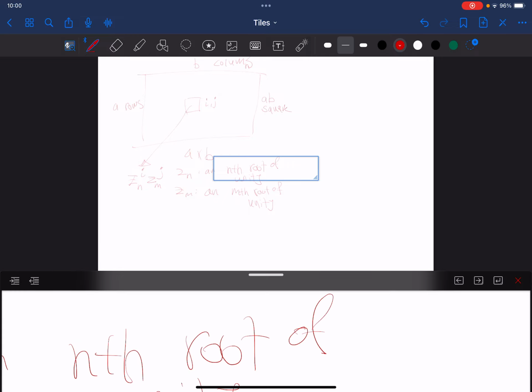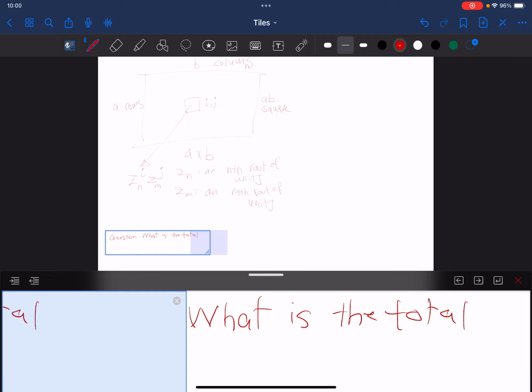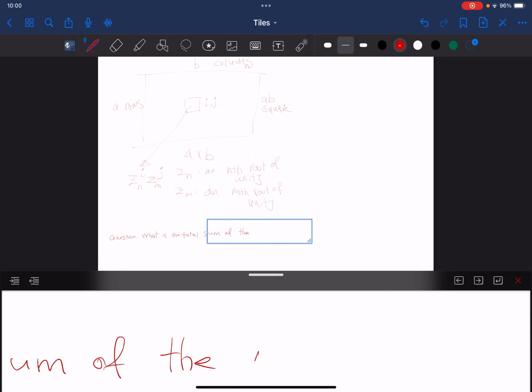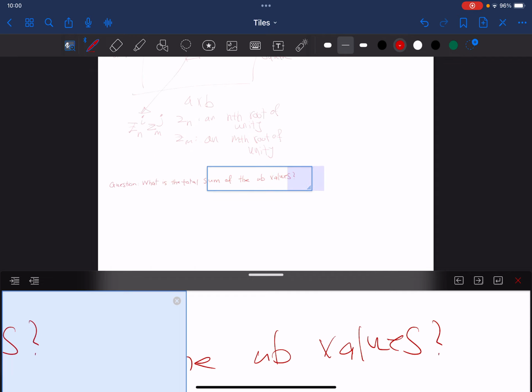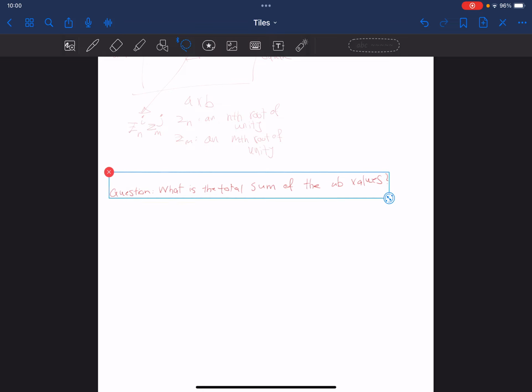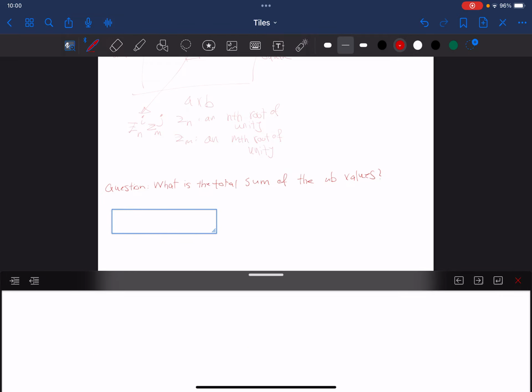And the first question is, what is the total sum of the A by B values that we have? What's the total sum of all these A times B values? And the answer to that we're going to see in a second. So let's do this: sum of values,